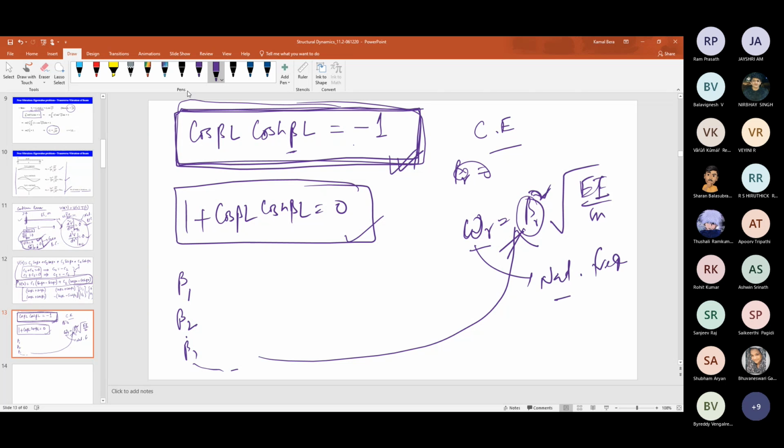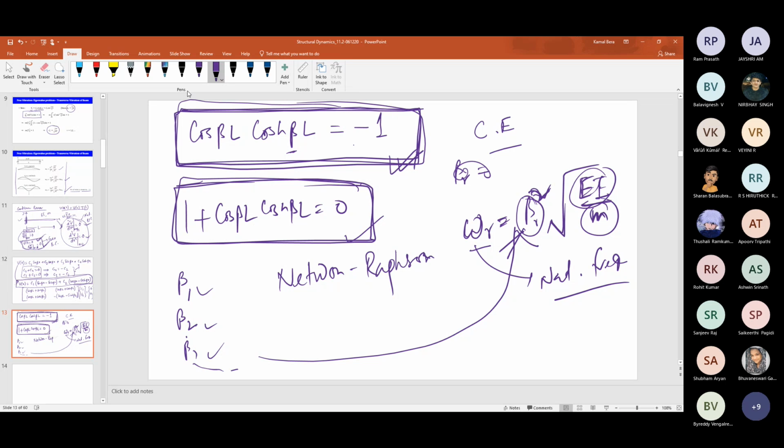Once you obtain that, just plug it here to find the natural frequencies, because EI and m are known to you. These are the flexural rigidity and mass per unit length. So once you obtain beta r, you can find omega r equals beta r square root over EI by m. How to find beta 1, beta 2, beta 3? By solving this transcendental equation in some iterative technique like the Newton-Raphson method. Or what is the easiest way to solve it? Simple way, using Excel or MATLAB. What is the easiest way using, let's say, Excel, not MATLAB also? Newton-Raphson. What is the easiest way?